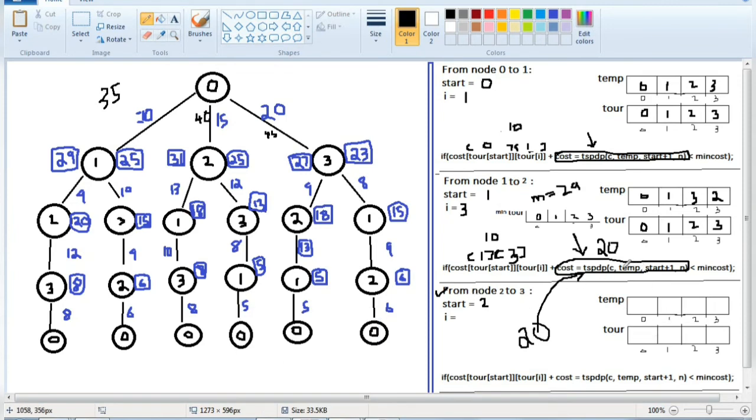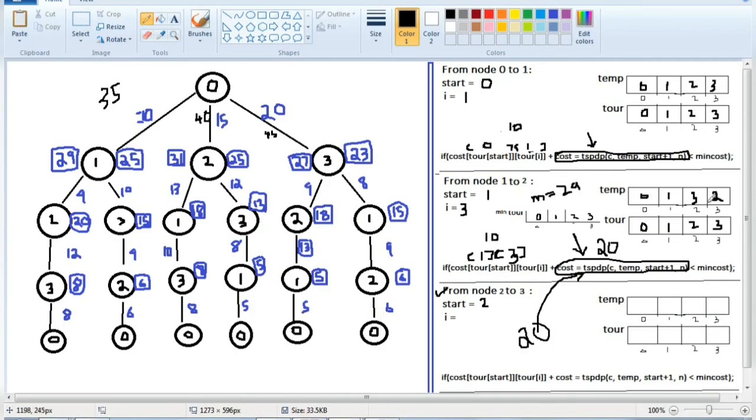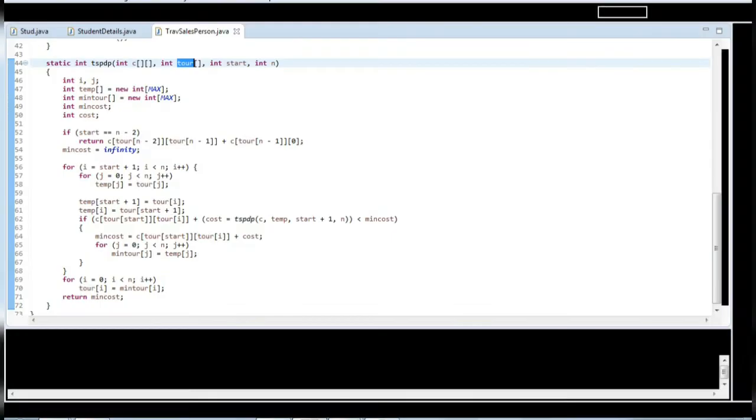Observe carefully. In this function, when we came, we passed temp here, right? Temp is this here. So this temp got passed, and in this argument it got stored. So in tour what we have is the upper temp. Temp was here, it was called here, this was passed to this function.